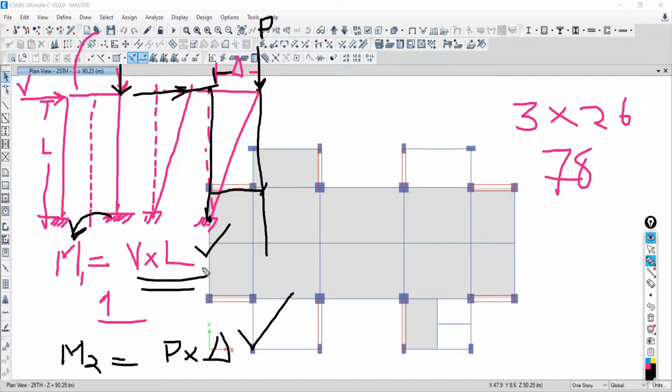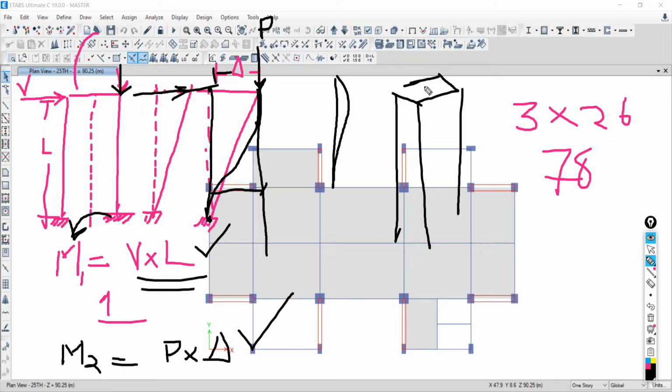I also told you there is one other P delta effect, that is the P small delta effect, the member effect. Under the application of the loading, your member, due to its flexural behavior, is going to be deformed like this. How will your member deform? Initially, let me take a member. Its CG will act vertically downward from the center.